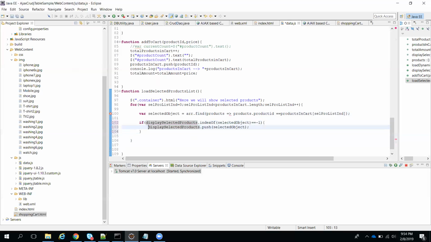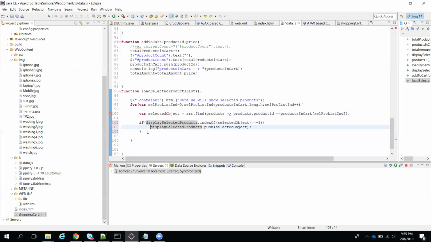But how will you know the count? Because we need to show the quantity of that particular product, how many times the user has selected it. Because every time it comes here, initially it will add only one time. We need to keep one more count for that element. So we need to think about the logic of how to get the quantity of the element. We need to keep product id or product information along with the quantity of that particular product. So if that element already exists, we need to increment the count of that one.